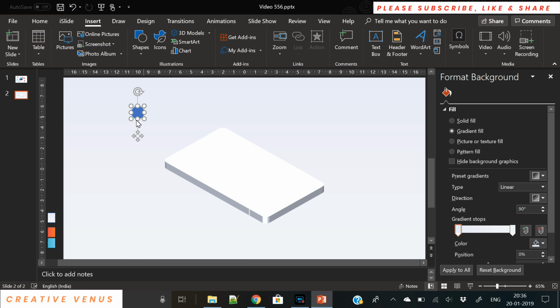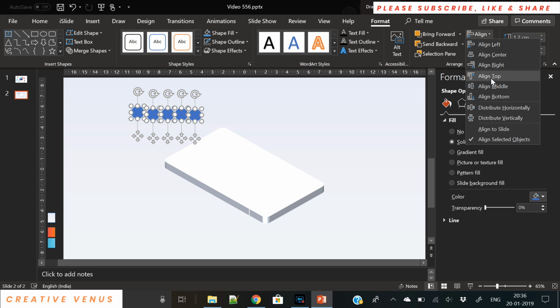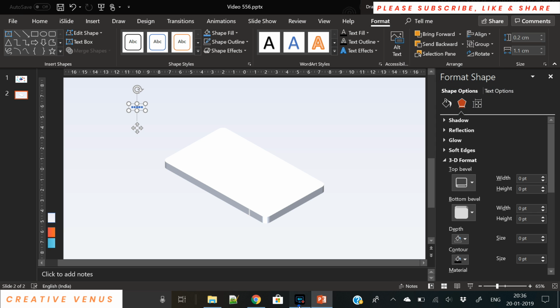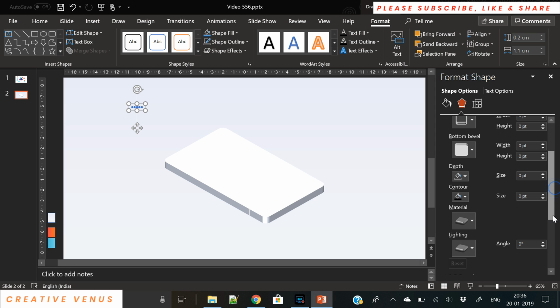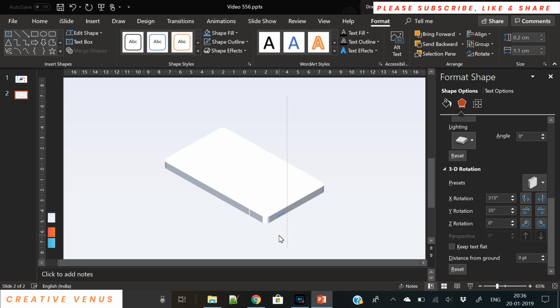So now let's insert a circle, and we will repeat the circle 6 times or 5 times. So any guesses what are we creating right now? So we are creating the speakers of the phone that will come at this bottom part of this shape. So we have inserted these 5 circles and aligned them in the middle and reduced the size, and we will change the color to something dark. But before that we have to change the rotation here. So for that you have to click 3D rotation. So once you have changed the rotation, let's place it here,